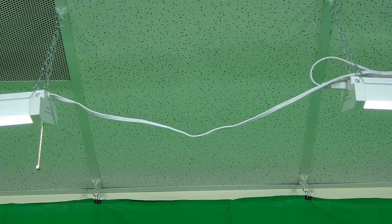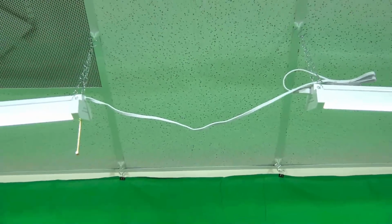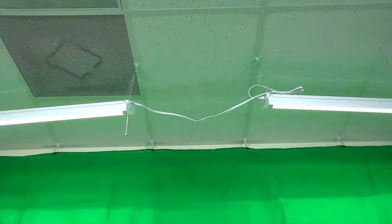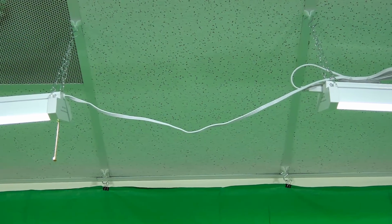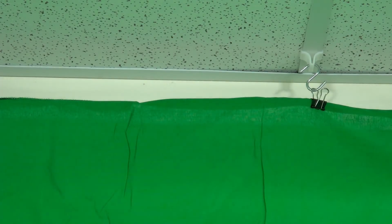Let's see if I've got a close-up of the clips. Let's try again. No, we'll try one more time. Well, trust me, but there are some clips there that allow anything to be hung from a suspended ceiling. Let's see if we can get in a little bit closer. Yeah, there you go. You can see the clip in the top left-hand corner. Just nothing fancy holding up the green screen, just some little teeny